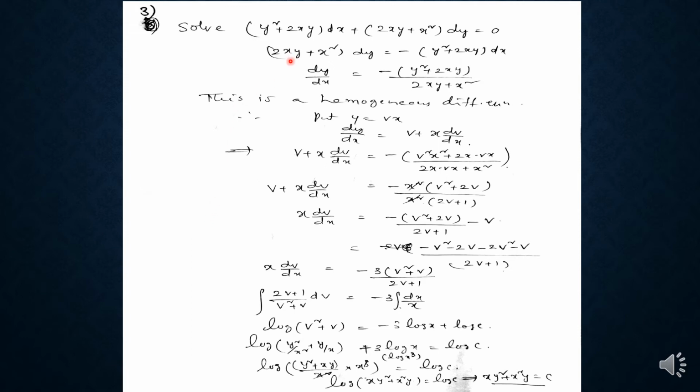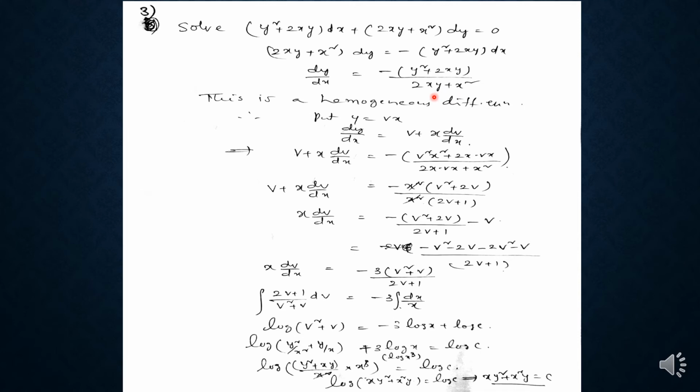Once again see this problem. So we have given this problem like this. So write dy by dx is equal to f of x, y, that is minus of y square plus 2xy by 2xy plus x square. So by checking that this is a homogeneous differential equation, by checking the degree of each term in the function, then we can say that this is a homogeneous function. Or we can substitute in the function x is equal to kx and y is equal to ky. If this can be written as k to the power of 0 into f of x comma y, then also we can say that it is a homogeneous differential equation.